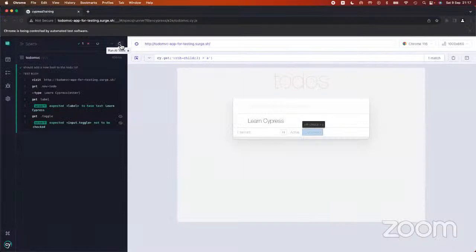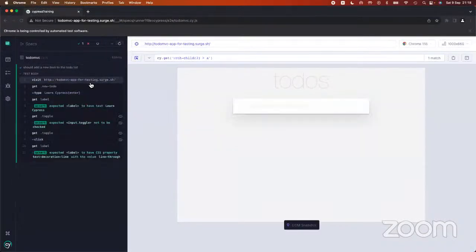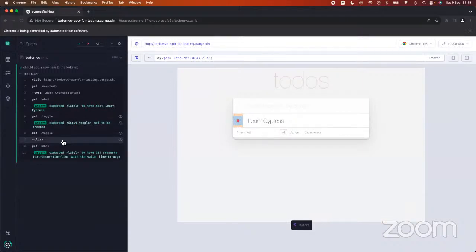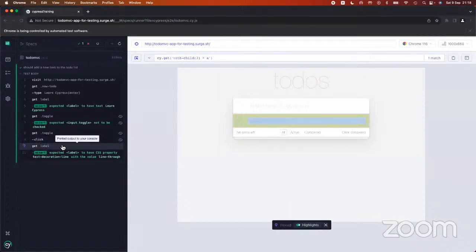And if I run this test fully, it would navigate to the website, add an item to the list for me, and assert that the item I told Cypress to add is exactly what I am verifying in my Visual Studio Code. It asserts that it's not toggled, not ticked off. Now go ahead and toggle that for me, .click. You can see it's already toggled. Clicked on it, then it strikes through Learn Cypress. Then I want you to verify that